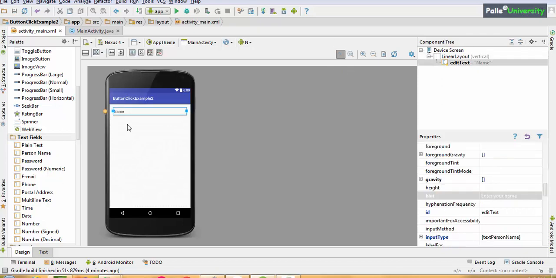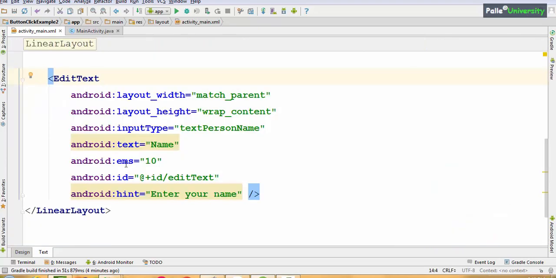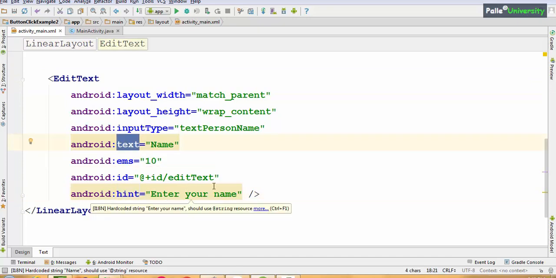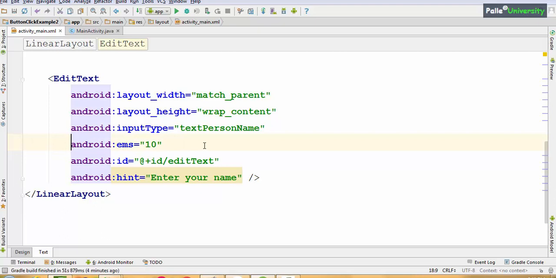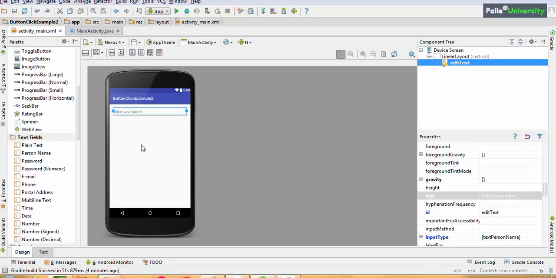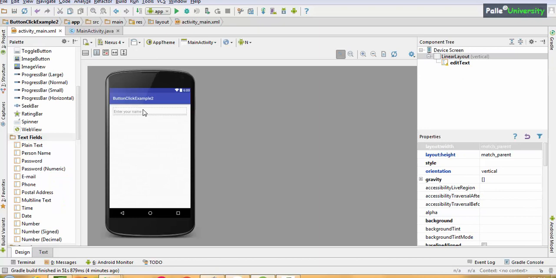After clicking, it is not reflecting. The reason is, go to text perspective. You cannot give both hint property and text property. If you want a hint to be displayed, remove the text property. As of now, don't worry about EMS. I will explain this EMS property later. Now if you observe the design perspective, it will display enter your name. This is hint. Hint will appear in gray color.